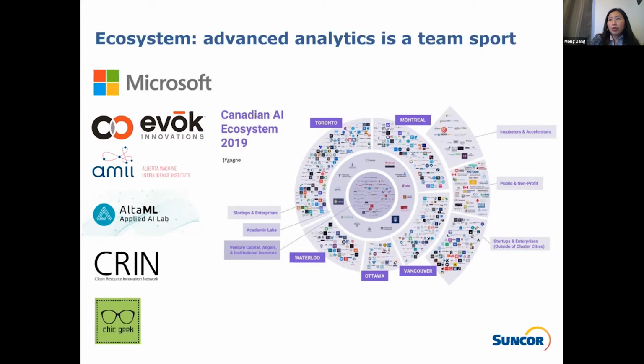We also collaborate with organizations such as Evoke Innovations, a fund that offers a unique approach to technology innovation, combining the pace and creativity of Silicon Valley startups with the experience and insight of industry insiders. Another organization is the Clean Resource Innovation Network, or CRIN, a pan-Canadian network focused on ensuring Canada's energy resources can be sustainably developed and integrated with our global energy supply, where one of the main themes of CRIN is digital technology.